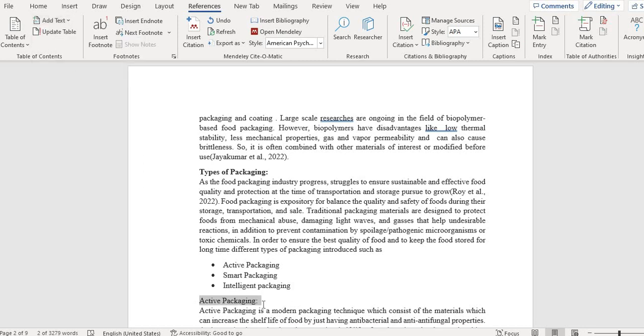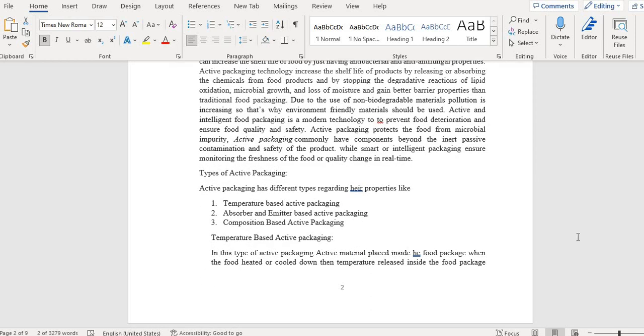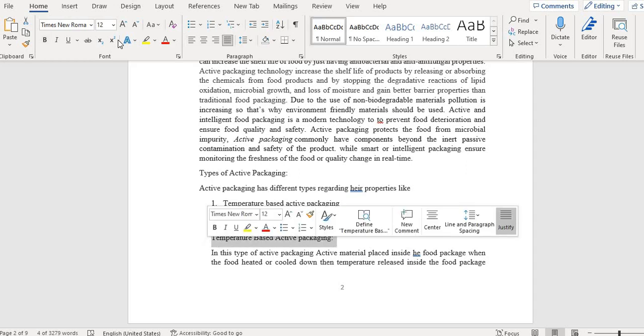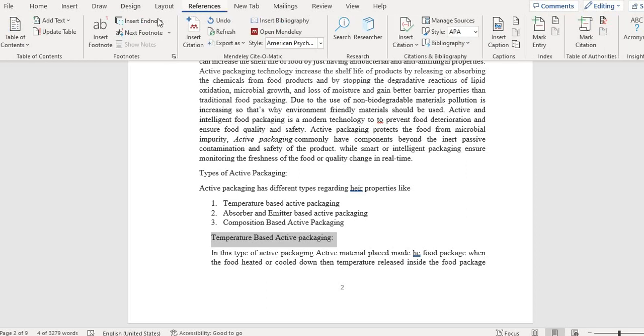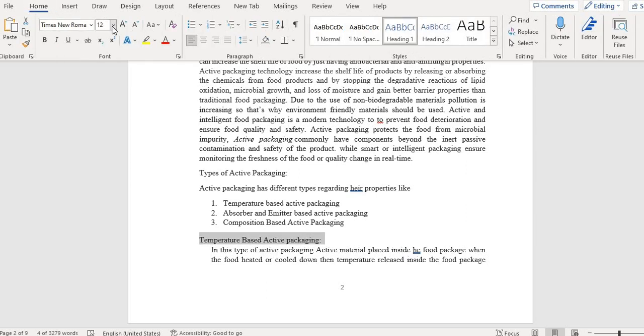Again I have to go to the Home tab, click on the Home tab, then choose bold, size 12, Times New Roman. Okay, here is the subheading. In this way I have to do all of these so that I can insert a table. I am doing all of these one by one in this way: References, then Add Text, then, for example, level 1 heading. Again go to Home, choose 14,